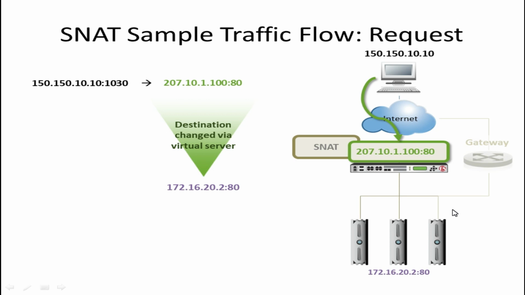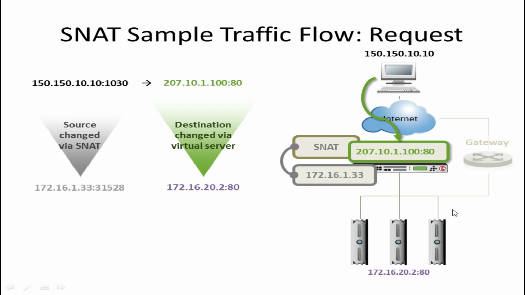Now if we talk about SNAT, if we have already enabled SNAT, what is going to happen? SNAT will convert the source also to one of its self IPs. So if there is a floating self IP, let us consider there is, it is converting the source also, changed using SNAT. You can see now on the left hand side in the black picture. So how would the traffic flow again? Now this self IP will go to your backend server as the source.